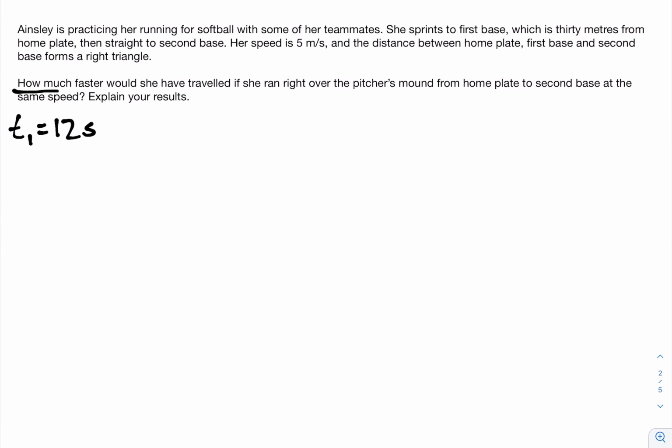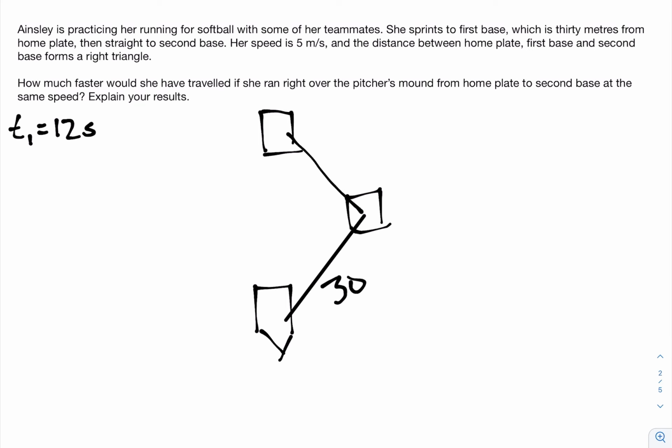Okay, and it's asking how much faster would she have traveled if she ran right over the pitcher's mound. So she skips going to first base. She just goes from home to second base. She sprints there. Okay, so if we know that, if I kind of draw this out again, if we know that this is 30 meters, and we know that this is 30 meters,